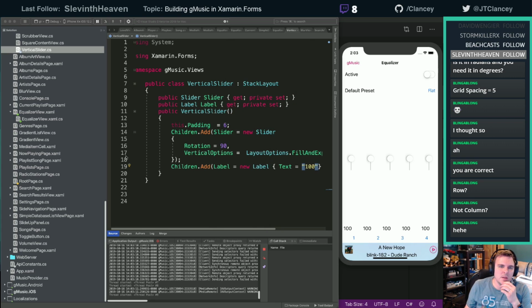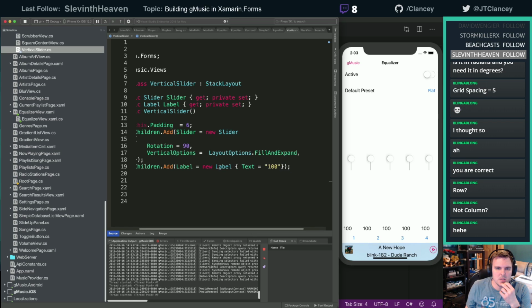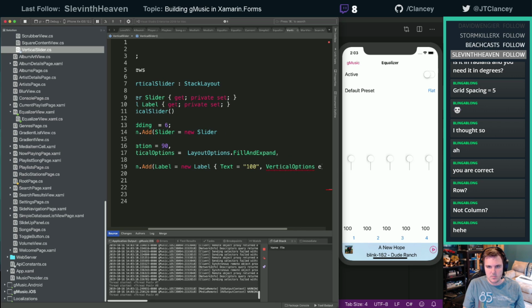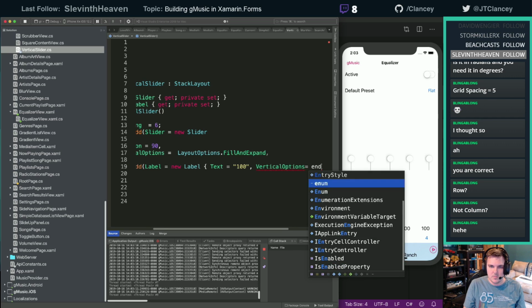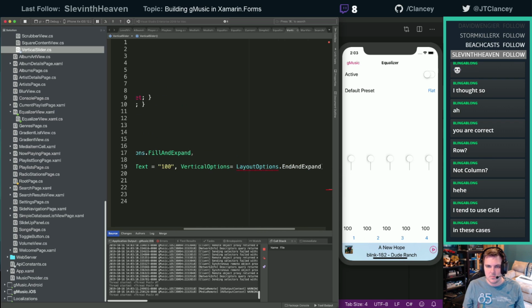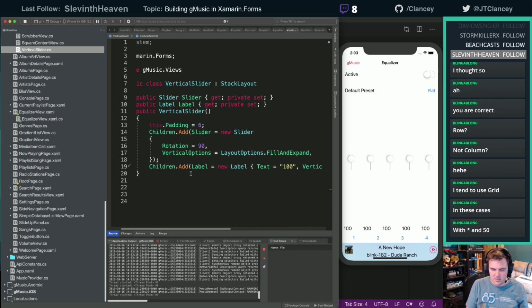All right, so on this is fill and expand. And then this one is what? All right, so let's fix that. Let's see if this fixes it.